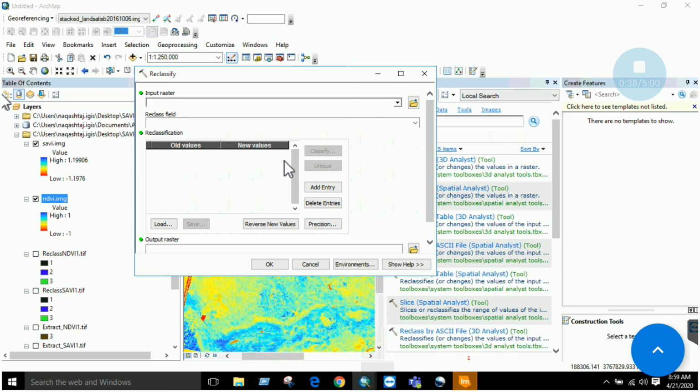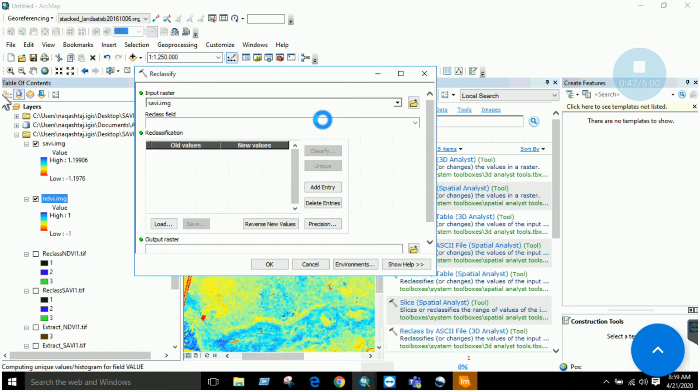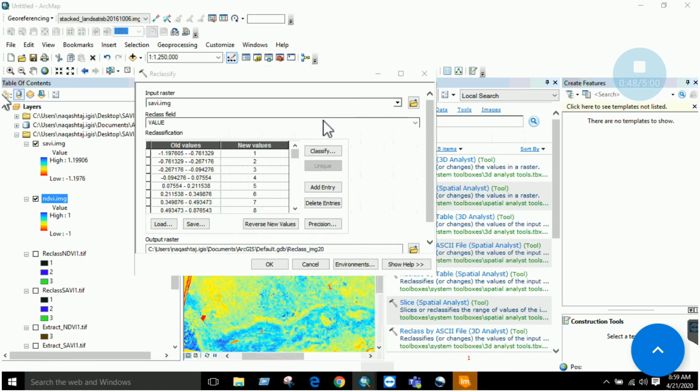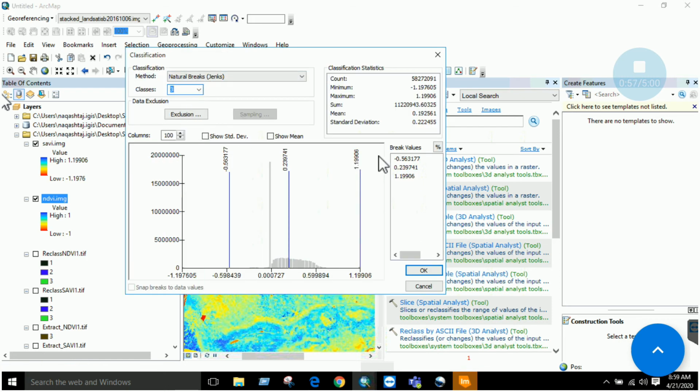And I had made three classes. One was negative values, second was 0 till 0.4, and the third was from 0.4 and higher, which represents healthy vegetation, right? So similarly I created for NDVI three classes. First one I had entered 0, then I have entered 0.4, and the last value I have entered 1.